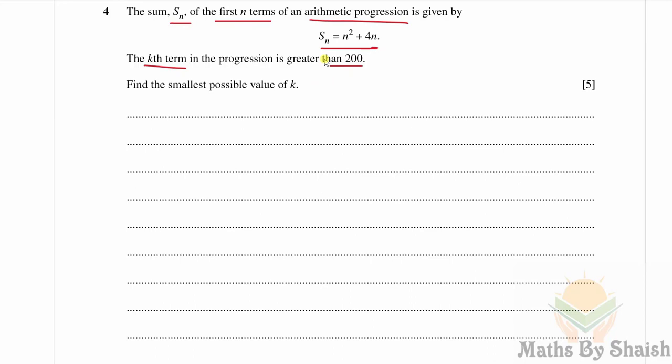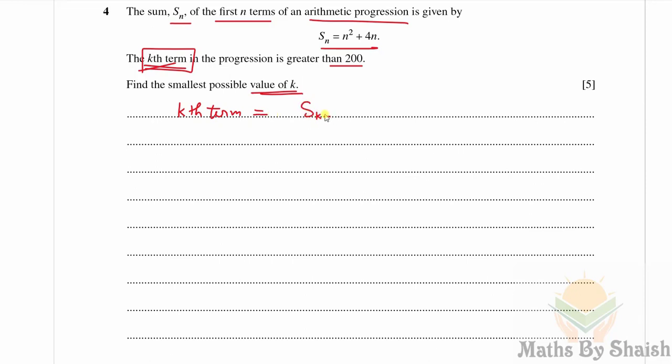Find the smallest value of k. So we have this Sn and we need to find for the kth term in the progression is greater than this. So first of all we need to find the kth term, and we know we can get it like summing the